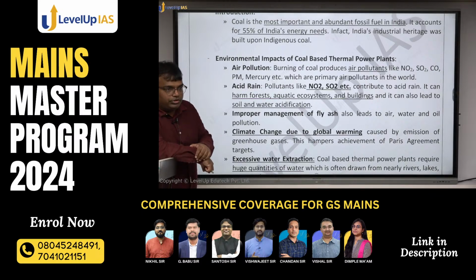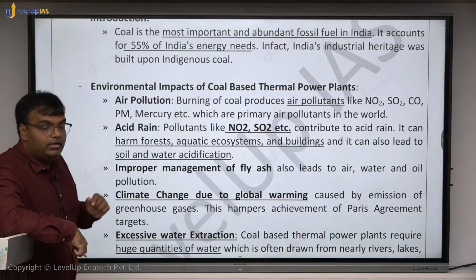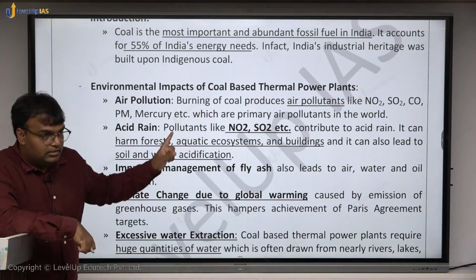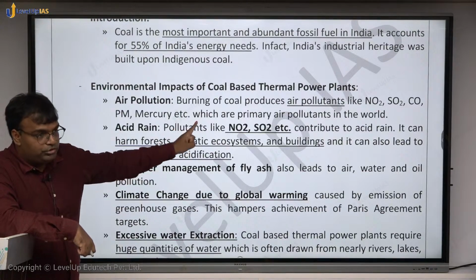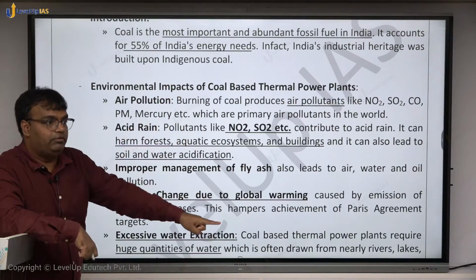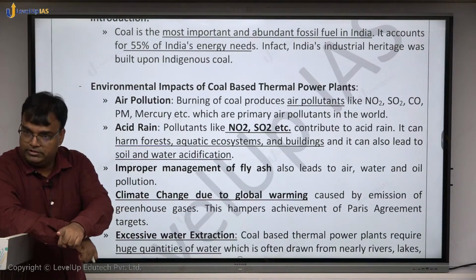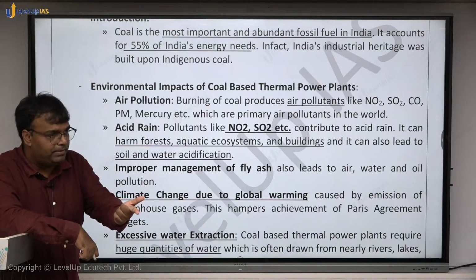It will cause air pollution. It's emitting carbon monoxide, sulfur dioxide, nitrogen oxide, particulate matter, mercury. Right? We know mercury pollution ka one of the biggest sources is what? Coal-based thermal power plants. Right? Then it also causes acid rain, NO2, SO2 in environment, and that acid rain will have negative impact on building, negative impact on water bodies, negative impact on vegetation. क्या ये negative environmental impact है? Then